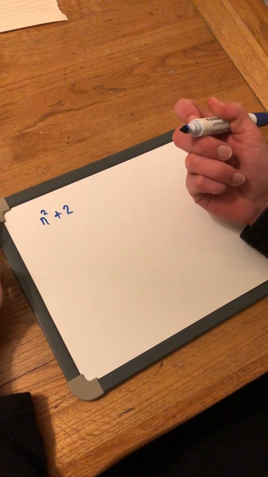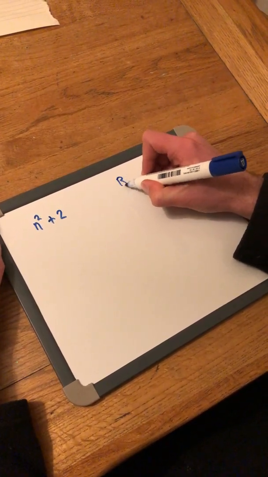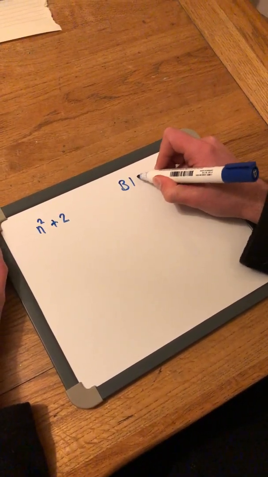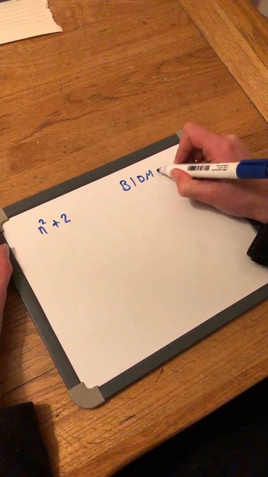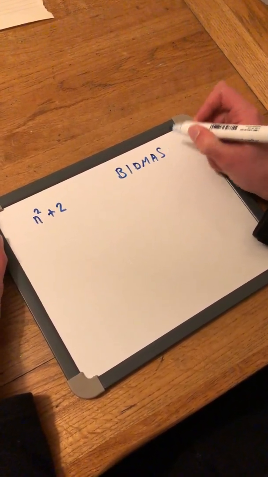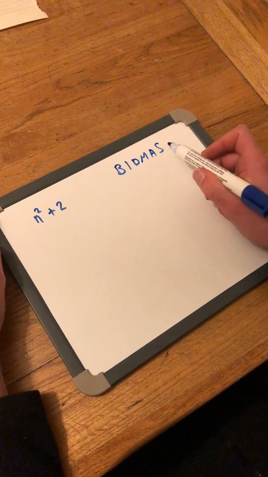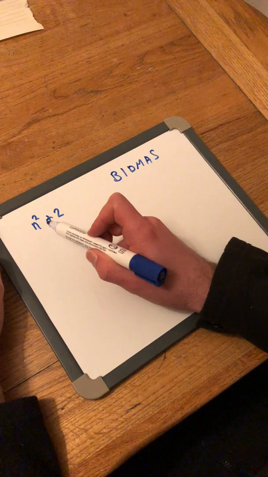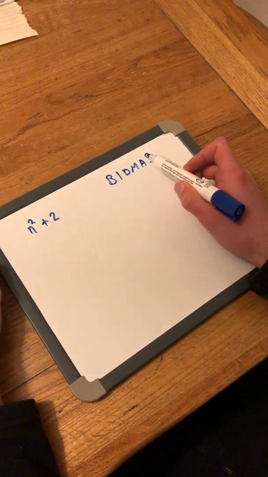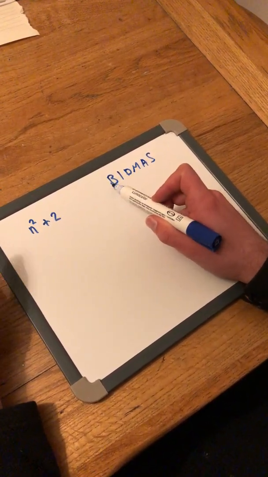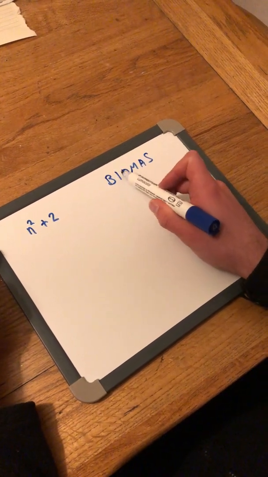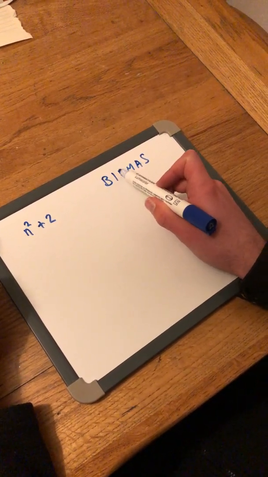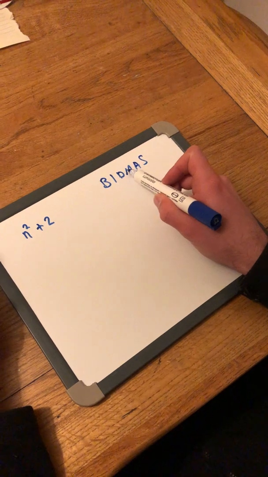First of all, what we need to be doing is remembering something called BIDMAS. Brackets, indices, division, multiplication, addition, and subtraction. This is our order of operations, and this is how we're going to solve this sequence. If we have anything with brackets, we won't be having anything today, but we're going to want to do our indices first, then division, we're going to have no division, but then our multiplication, then